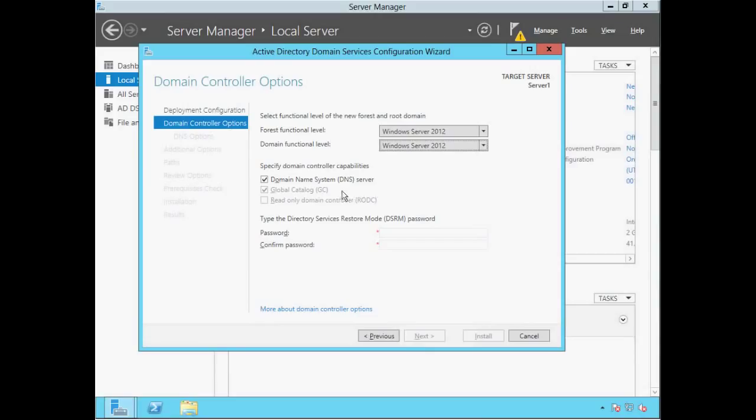DNS has been selected for us. A Microsoft Dynamic DNS server is needed for Active Directory. The Global Catalog Server option is ticked and greyed out because we must have at least one global catalog server. And the read-only domain controller option is unticked and greyed out because our first domain controller cannot be a read-only